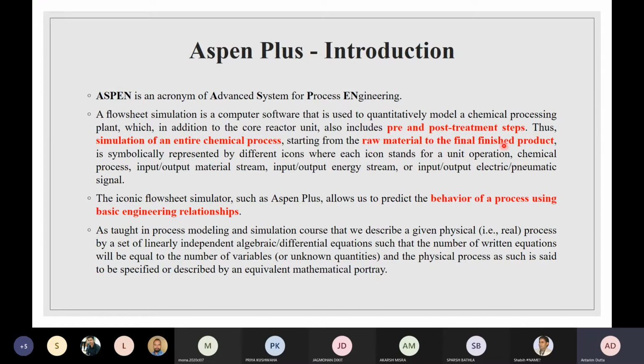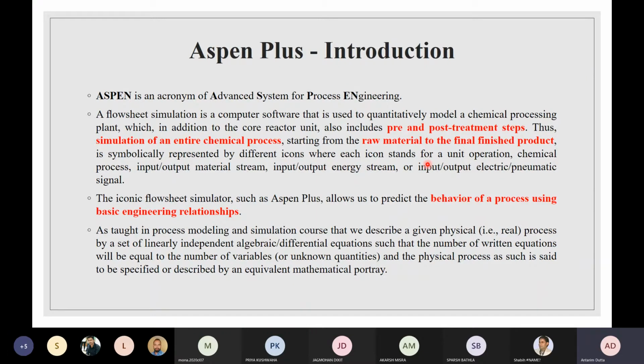You have to do those things in the plant as well, but before going to the plant and spending on all those things, you can check whether whatever you want to do is feasible or not, and whether it will work accordingly or not. So you can check all those ideas in Aspen, and Aspen will give you a brief idea about whatever you are thinking and going to do.